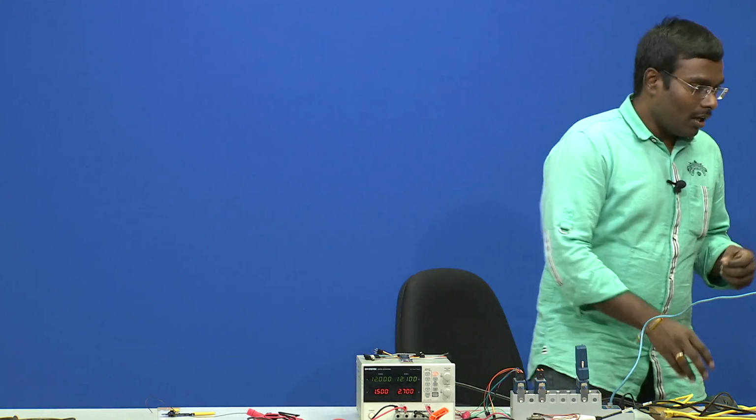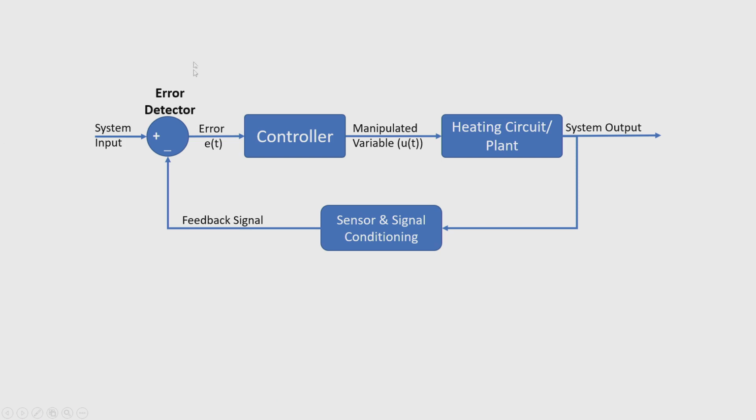If you recall the complete closed loop control system, the user intends to understand the system output. The output in this case is nothing but the temperature, and the temperature is not an electronic unit, so we require a sensor which converts temperature to an electronic output. Moreover, sometimes it is necessary to have a signal conditioning circuit, in order to match the units of the system input to the units of the output of the sensor.